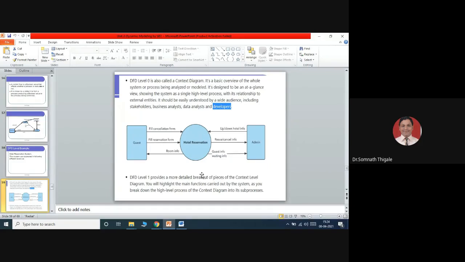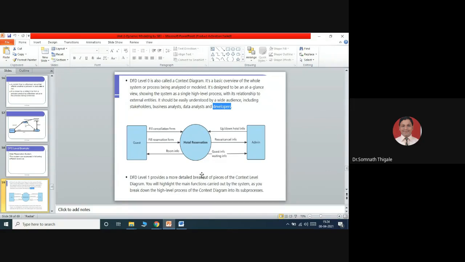Next, in technical detail, we want to proceed further and go into more detail. So the same concept I can represent with one more level, which I'm calling DFD level 1.